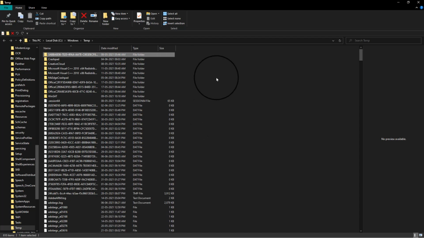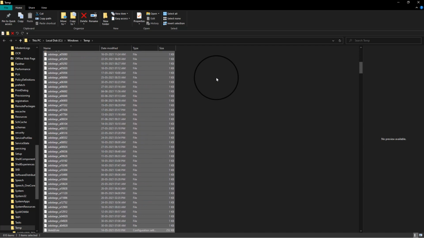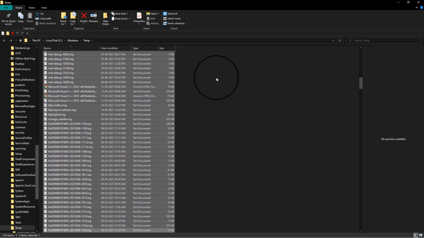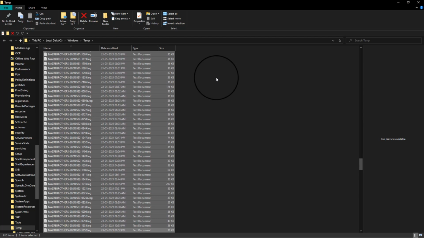Now on the keyboard press shift plus down arrow at the same time and wait until all the files have been selected. Guys, after selecting the files, when you initiate delete, some of the files won't get deleted, so you need to skip them. I have shown it here. Just wait for a few more seconds. Yeah, now you can press on delete key on the keyboard.